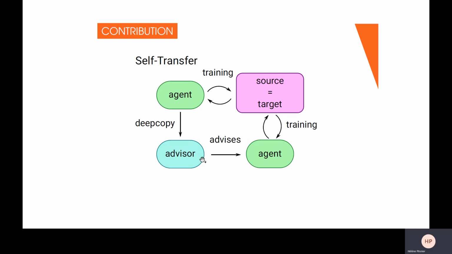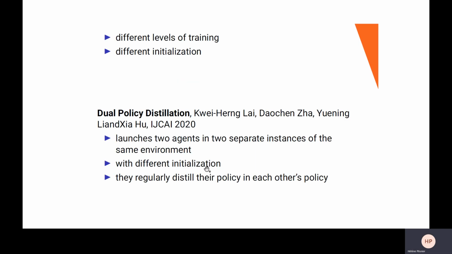Since we have fixed this advisor, we never change it again. We have trained it for maybe 20 or 40 episodes, while we would need thousands of episodes to actually get a good policy on this task. So it gets trained for a very short while, so it still wants to explore a lot. While this advisee gets more and more confident in the task and might not want to explore too much. So we have this push for exploration coming from the advisor